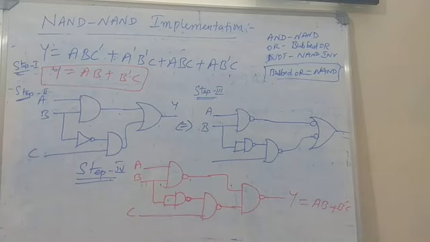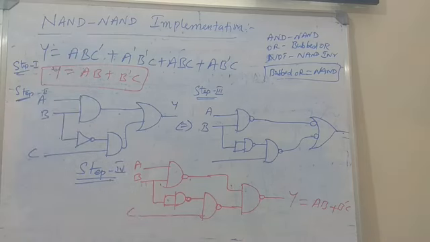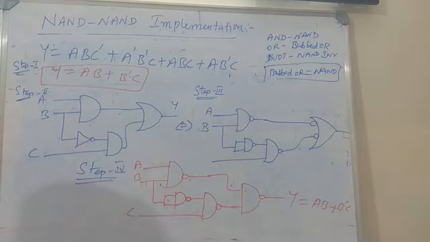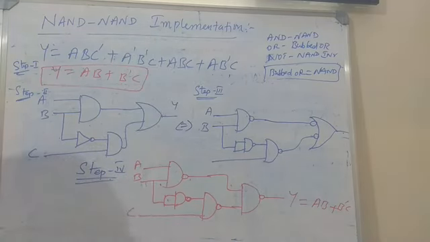So this is the final step for final NAND gate implementation for the following logical equation. So this is very, very important. Okay, so many competitive examinations, what they are going to do, they are going to give the logical equation, find how many NAND gates are required to implement the following logic function. They are going to ask like that. Okay, so how many NAND inverters here now? So 1 2 3 4, 4 NAND gates are required for implementing the following logical equation. Okay, so this is the basic procedure for conversion of NAND to NAND implementation. Okay, all these steps. Okay, so if you analyze, so you can solve any type of problems.